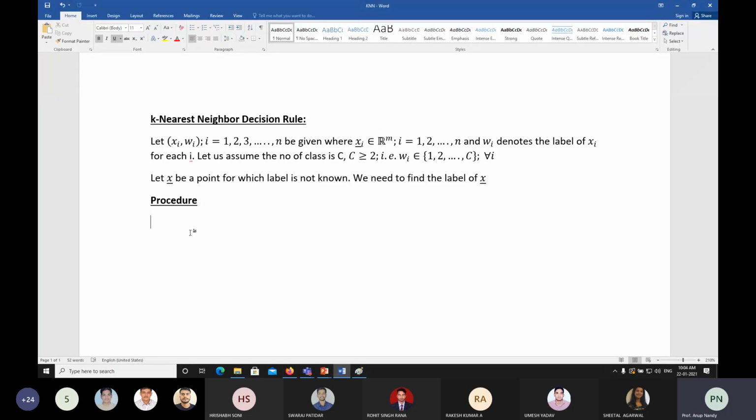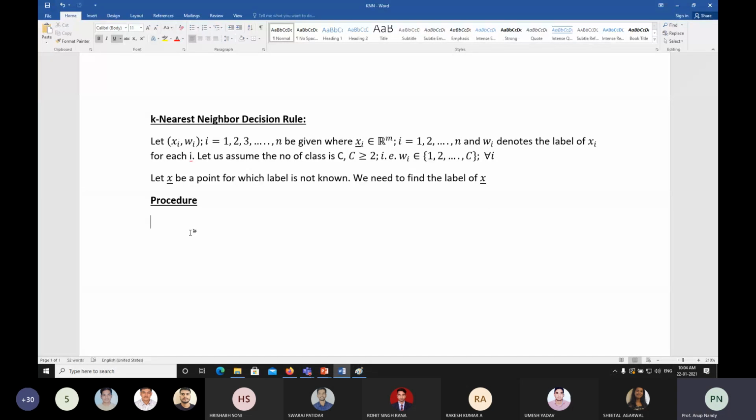Obviously, you'll have one assignment on KNN on satellite images also, to classify the neighbor and non-neighbor class, varying the value of k. This k is an important thing, and we'll discuss how to choose the value of k. Before that, you need to know the procedure to be followed to apply KNN.